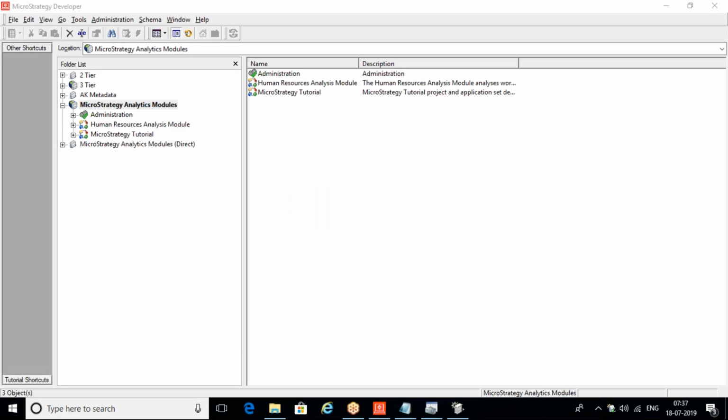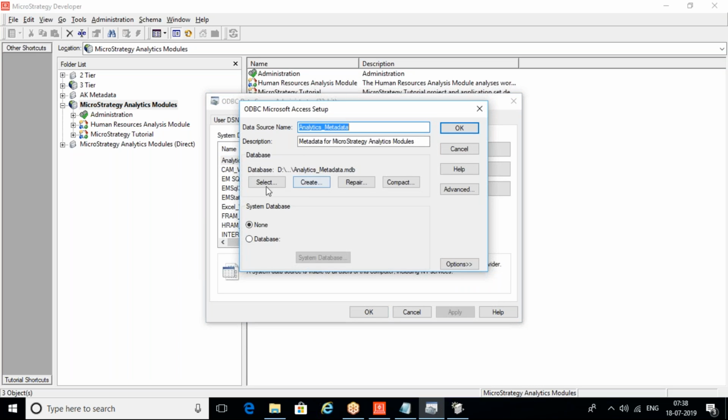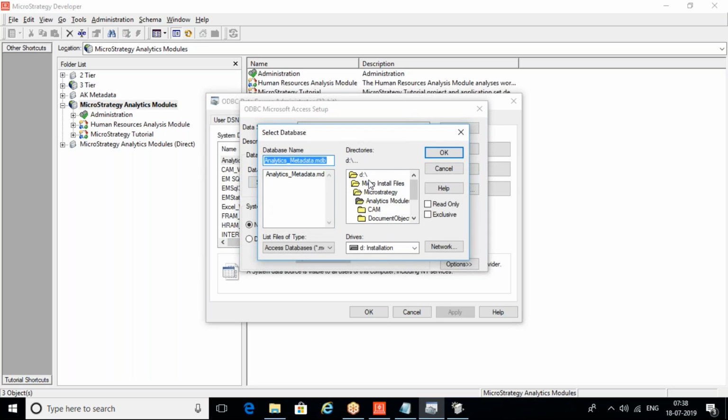Okay, so what I do is I go and change my ODBC mapping. My server is already pointing to some metadata, and that metadata always gets connected via ODBC. So I go back to the ODBC. There is something called analytics metadata. Now this is the ODBC which I had used initially to configure my metadata, and my iServer is pointing to this particular metadata. So I just modify this. Instead of using this metadata, I will switch it to the new metadata that we have created. So I go to that